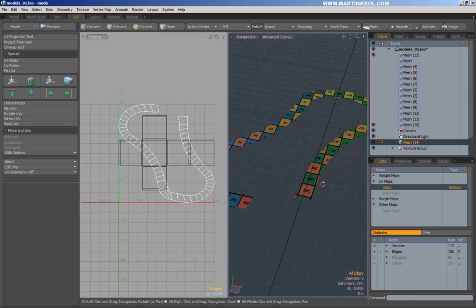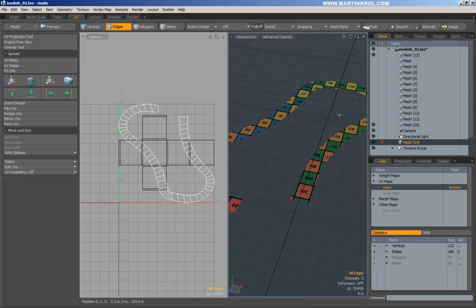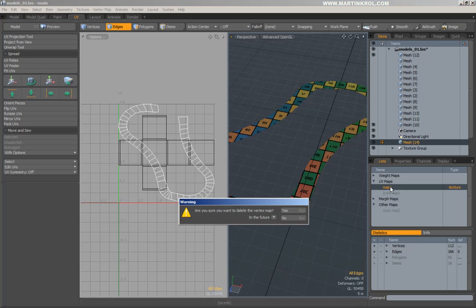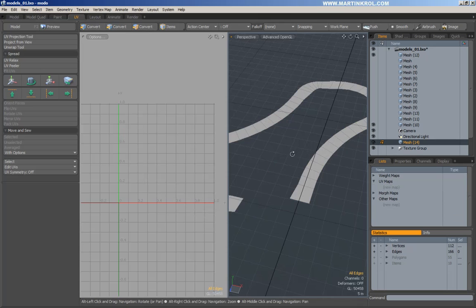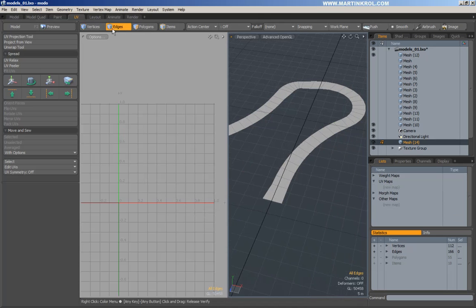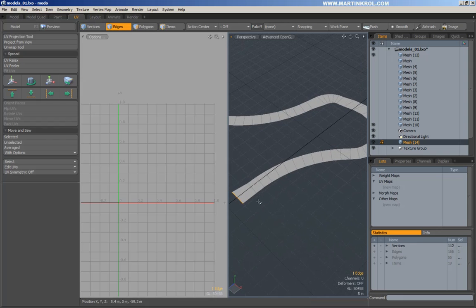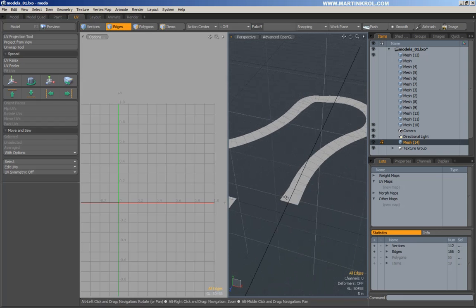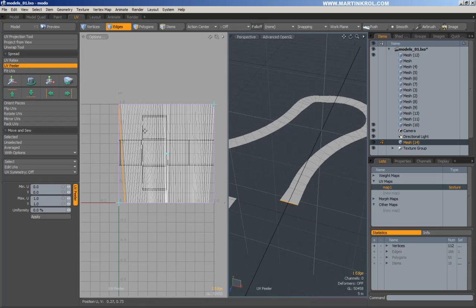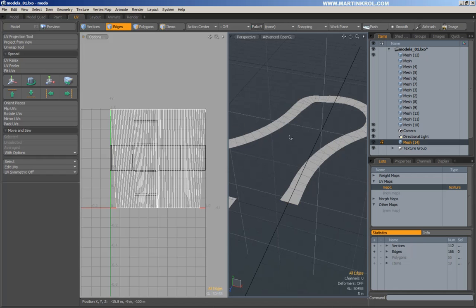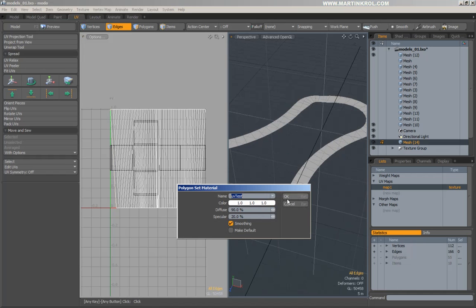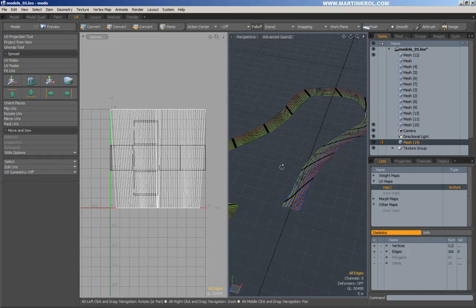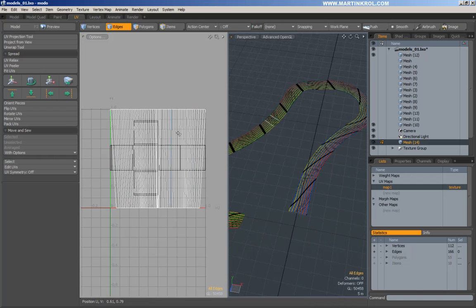The way it works is, and I'm going to remove my map off this object for now, what I have to do is just select one edge, and this edge will, well, basically, let's just do it. Anyways, I'm going to select this edge here. I'm going to use the UV peeler, and it automatically peels this thing for me. So now when I select UV test, the result is not too hot. That's because